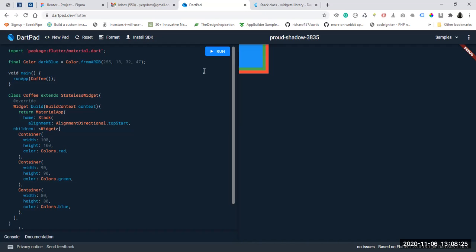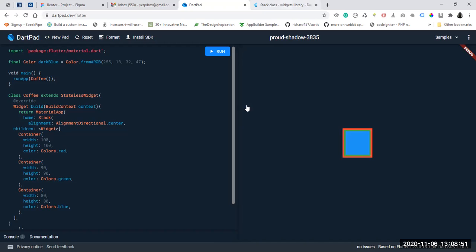It starts from top to start. But if I put center here, let's see what happens. If we run it again, it's going to put the stack here at the center, but also see that it's no longer starting from top